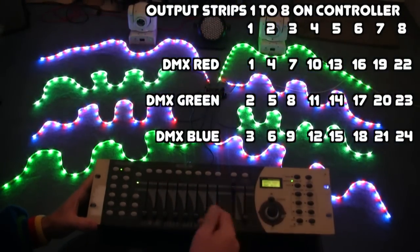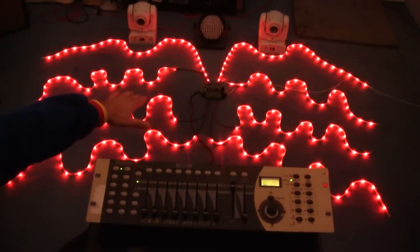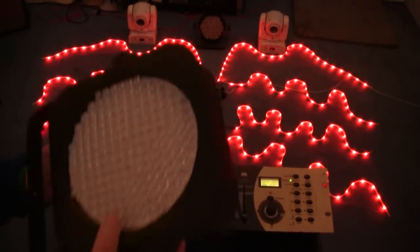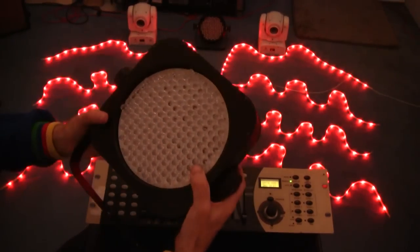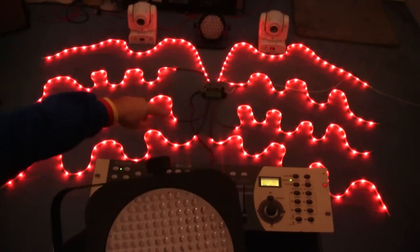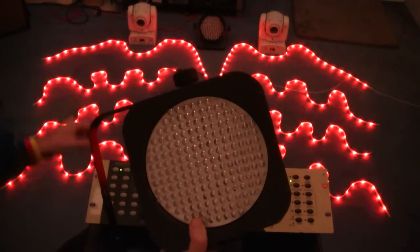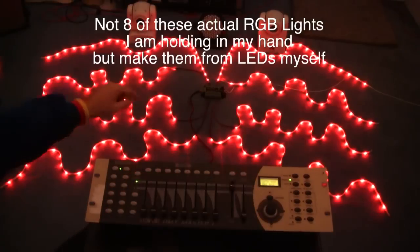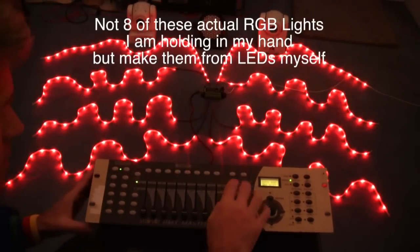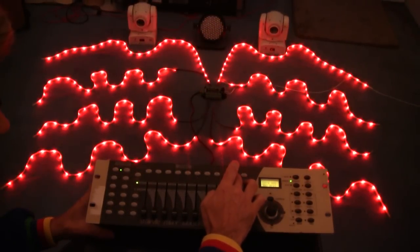one of these devices. Now, what I'd like to do with that actually is, in these sort of disco lights, these have got red, green and blue LEDs in them. They're very good, but if I can take the red, green and blue off one of these and put it into a small unit like this, I should be able to operate 8 of these off that one little box in the middle. Now, what I'm going to do is just finish this video by pressing the auto on here,